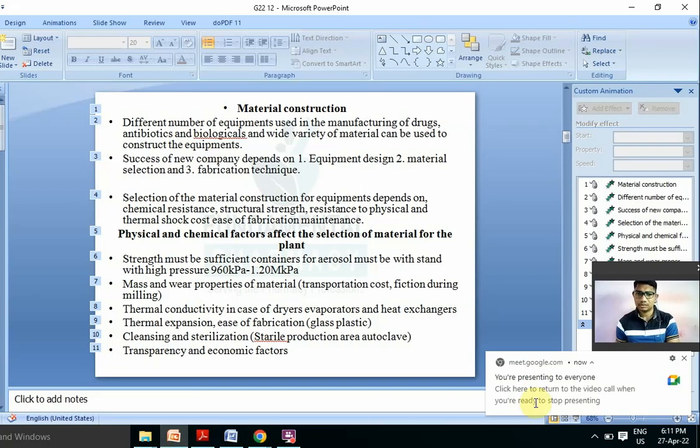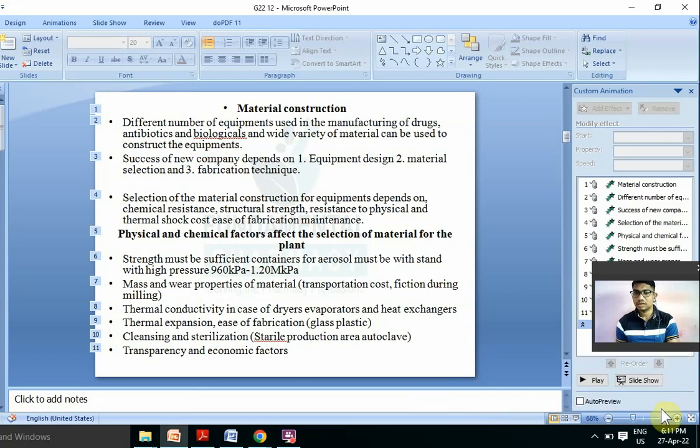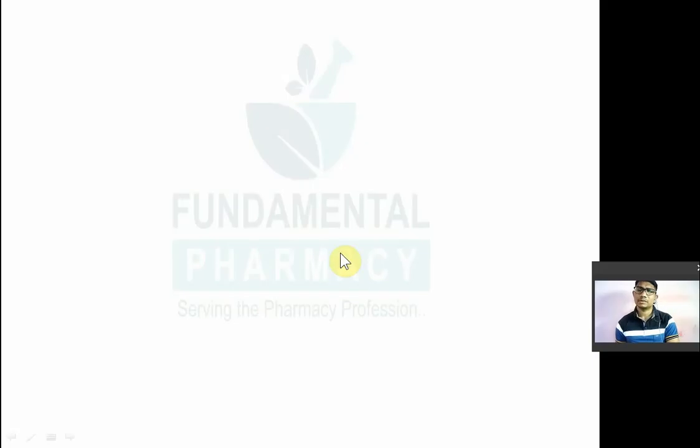Like iron, then steel, cast iron, modified steel, stainless steel, etc. Then glass is also there, then aluminum, then rubber. Glass, rubber, aluminum, iron, stainless steel, various types of stainless steel are used as construction material